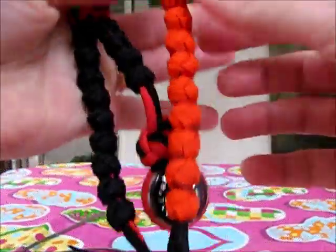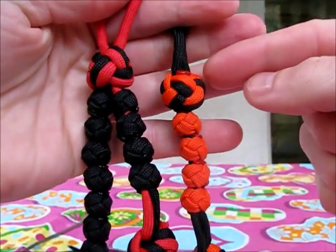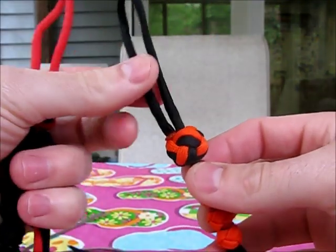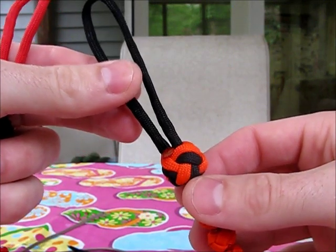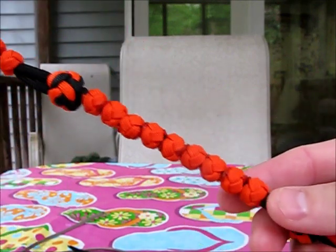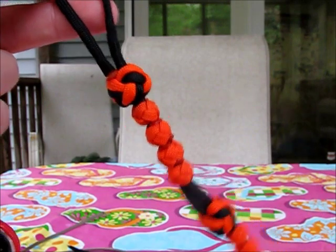I'm doing a couple of videos here to show you the 2-strand diamond knot doubled, which are the fixed knots on my Ranger pacing beads. It's a pretty versatile knot, particularly because it allows you to get a secure loop out of one or both ends. In this case here, on my inline Ranger pacing beads,